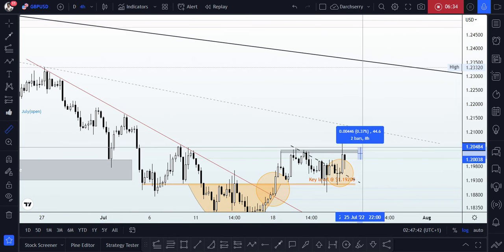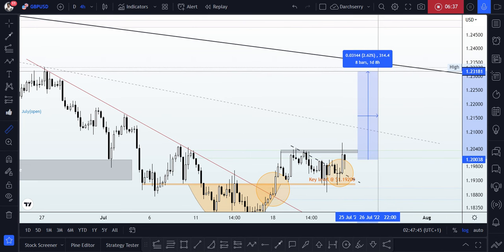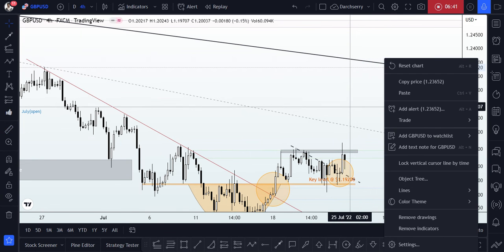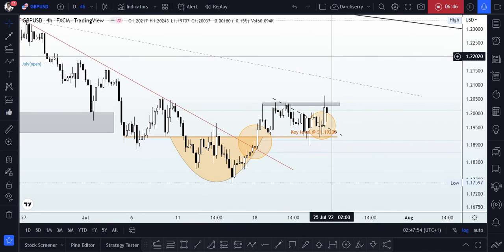So that will dovetail to how many pips thereabouts. We have at least 300, 350 pips to catch if price moves in that direction. So that is my bullish perspective here on the GBP USD. However, it is pertinent